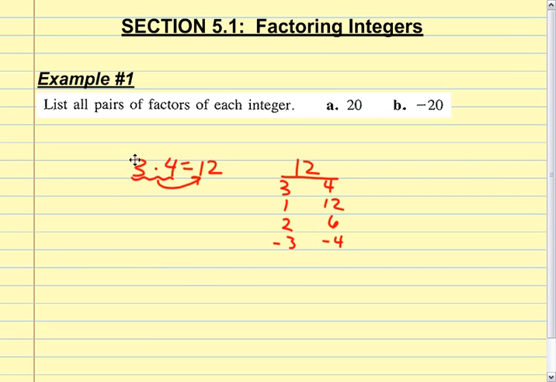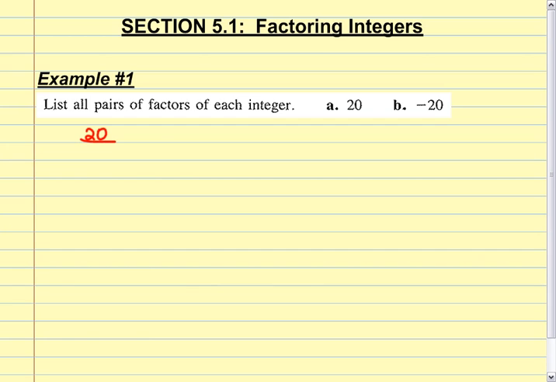Okay? So factoring is unmultiplying. So that's what we're going to practice here. Now, this bit right here, it says list all pairs of factors of each integer. So I'm going to take 20 first. Now, I hope you saw what I did with the negatives. We'll talk about that in just a second as I get there, but first I'm going to start with 1,